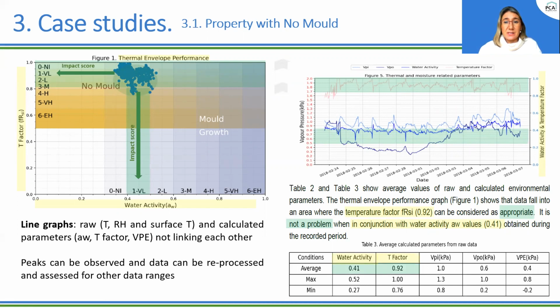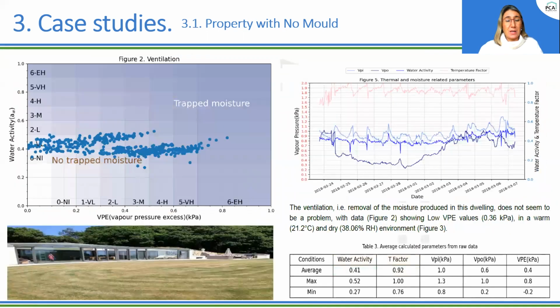So here some peaks can be observed, and the data can be reprocessed if we want to select a different range of dates, just to see some differences. And then here we have the assessment of ventilation, where we can see how the data falls in an area